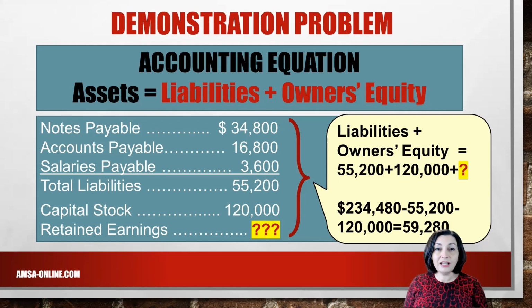$120,000. Now let's calculate the balance in the retained earnings account. We know that liabilities plus owner's equity is $234,480, the same as total assets. You can calculate the balance in the retained earnings account by subtracting $55,200 and $120,000 from